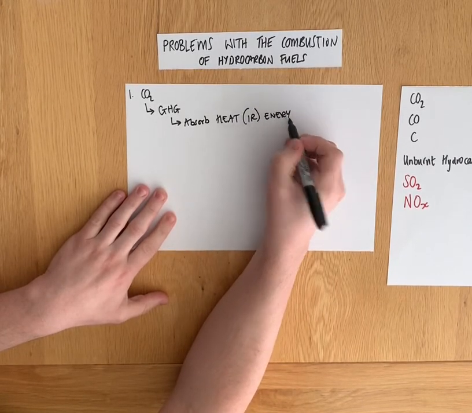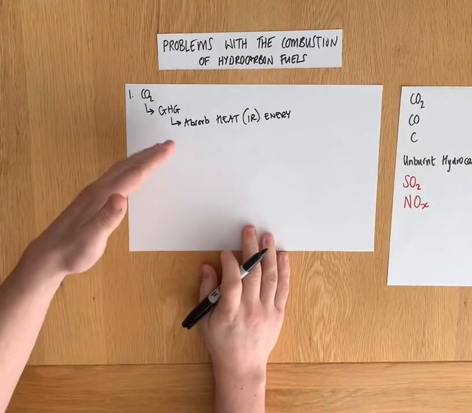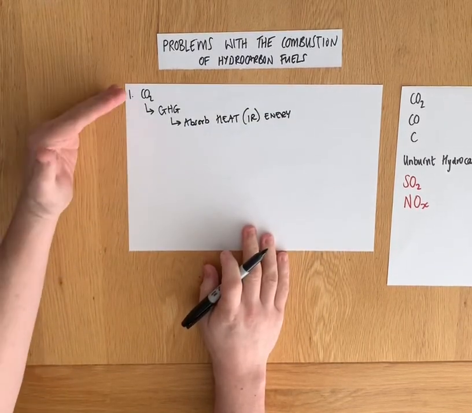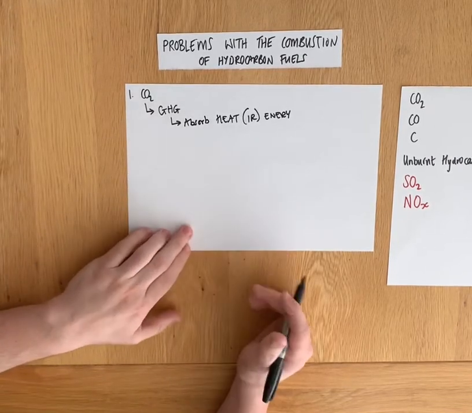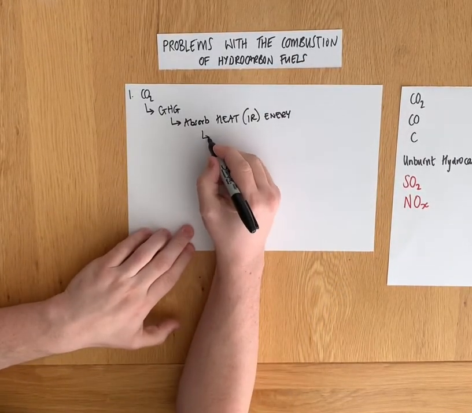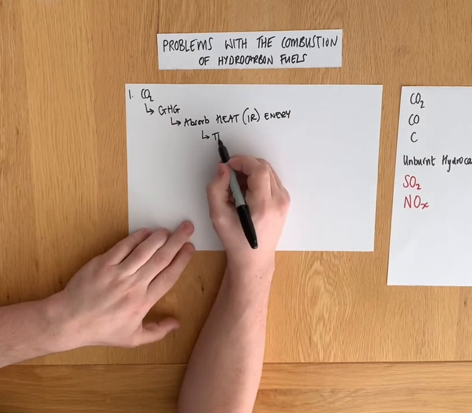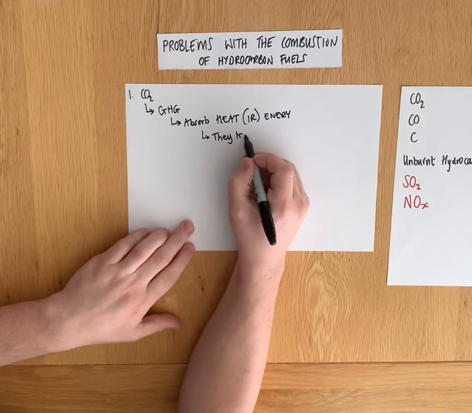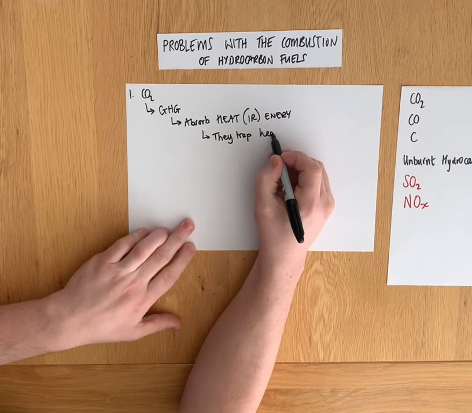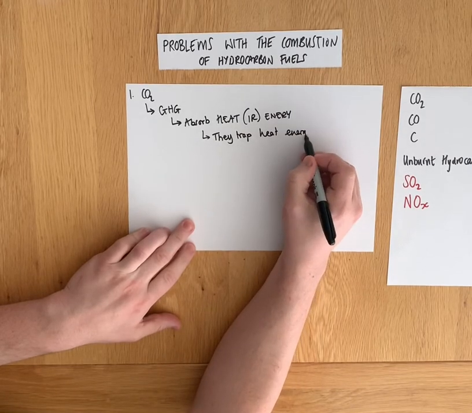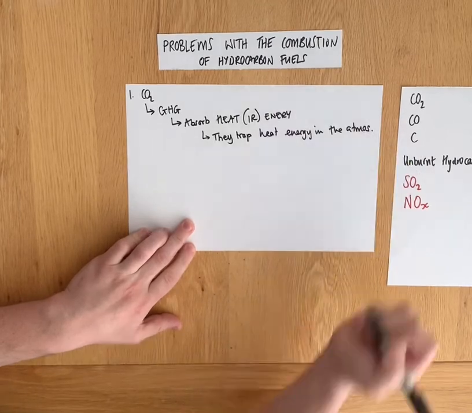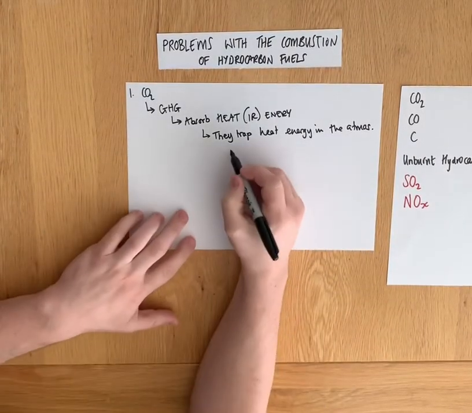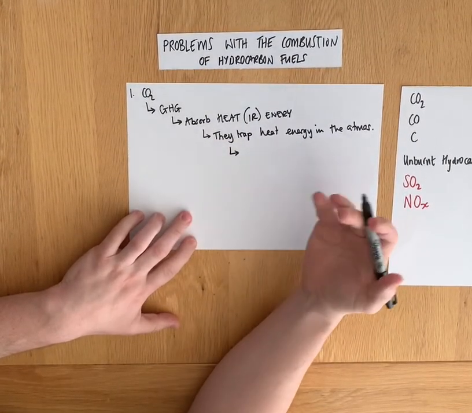So when there is a lot of greenhouse gases, aka carbon dioxide as an example, they absorb heat energy in the atmosphere. By absorbing the heat energy, they trap heat energy in the atmosphere, and by trapping that heat energy in the atmosphere, that in turn then warms the atmosphere up,